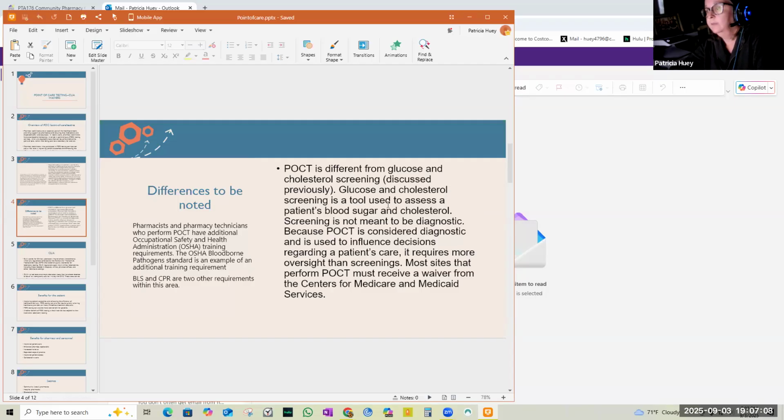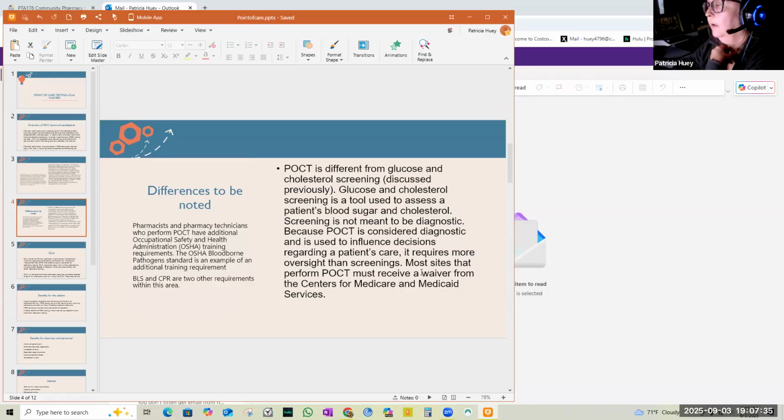So a lot of people think that, oh, I'm having a glucose screening or a cholesterol screening. That is not used to provide a diagnosis or treatment for the patient. So patients need to be educated on that because they think that it's all the same. It does require a little bit more oversight, the POCT, and most sites that do perform it must